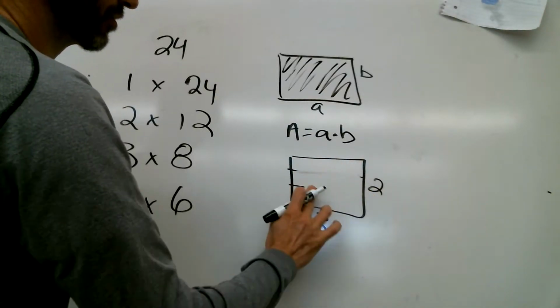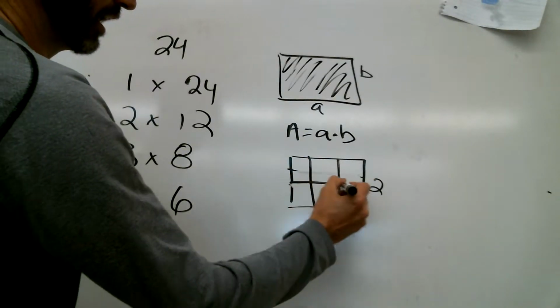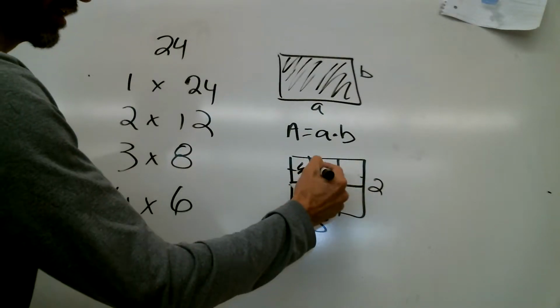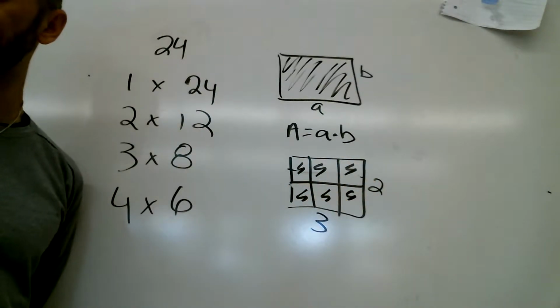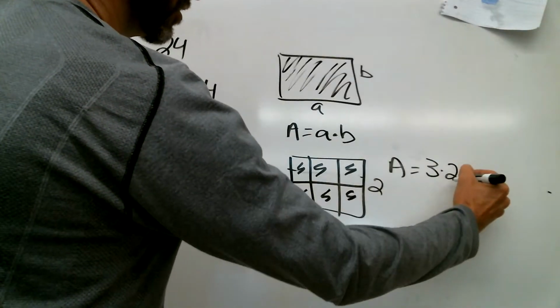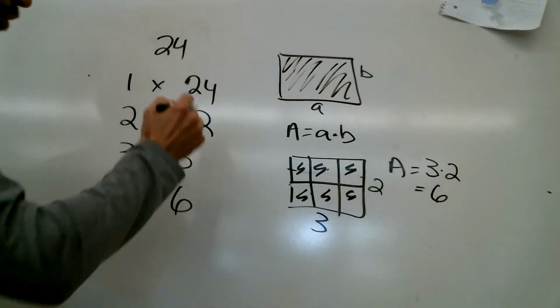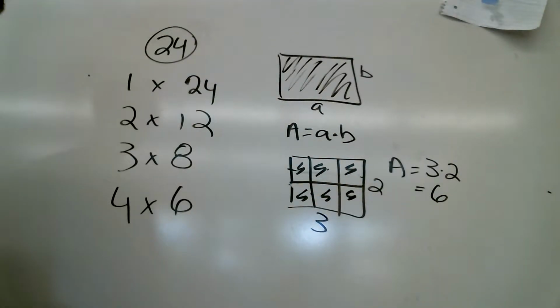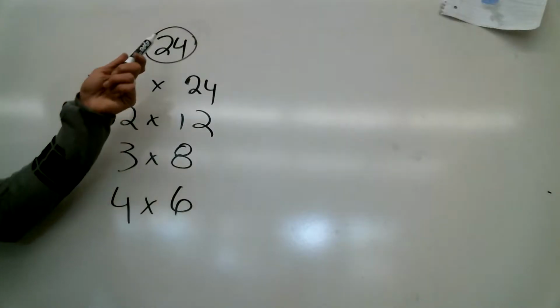So that's split up in 3 sections here and 2 sections there. I get 1, 2, 3, 4, 5, 6 squares on the inside. So the area of that rectangle is going to be 3 times 2 is going to equal 6. There's my 6. So with this, on your homework, you have to use as many different factors of this number